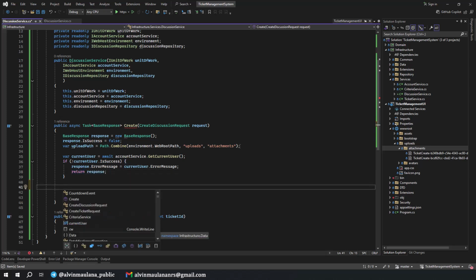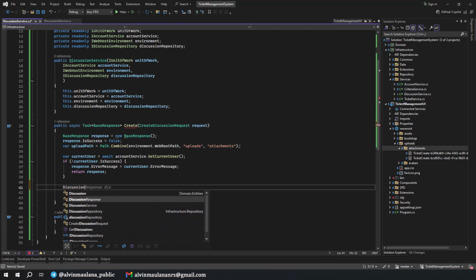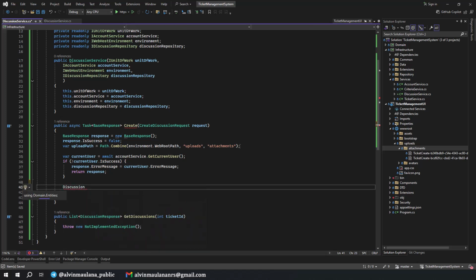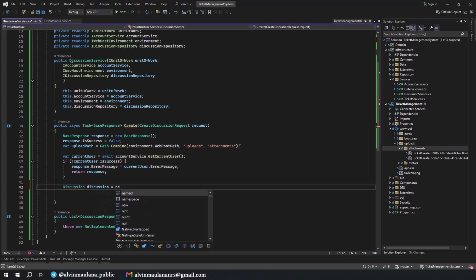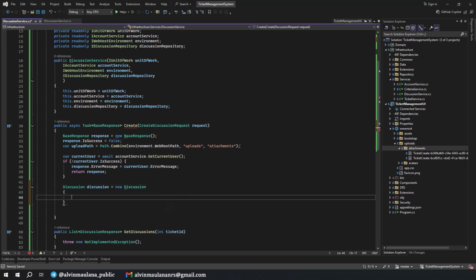And then we need to save the discussion into the database. So we define the discussion first. Discussion needs to have an entity, discussion, new discussions. Okay, created that is now. I think now is fine.